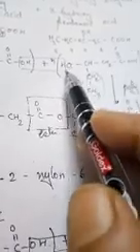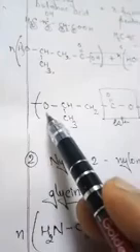Minus n H2O. What will happen? OH from acid and H from alcohol. Water is removed as condensation polymer. Water will be removed as byproduct over there. And the rest you join as it is. This OH, if H is removed, will show the bond here. Just like condensation, you have done polyester dacron. CH, CH3, then CH2. OH is removed, H is removed, join this. We get this ester linkage. This ester linkage is formed.